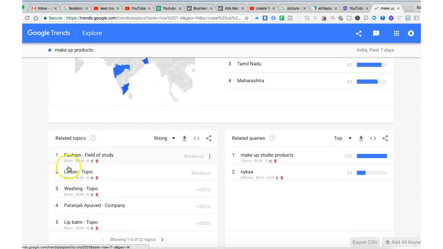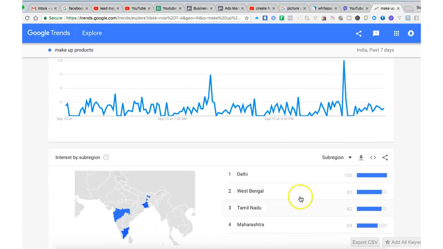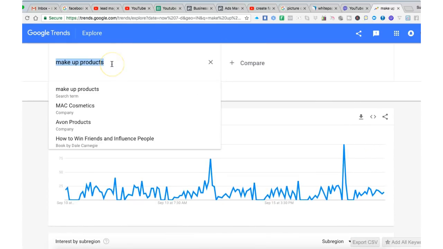And you can see these are particular lotion, washing. These are the particular products where they were done, and these were the queries which had Nykaa and makeup studio, right? So what we will be doing as per this, or I just wanted to give you one more example of that, which is digital